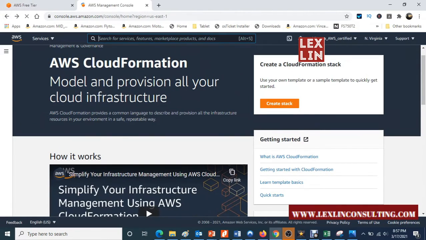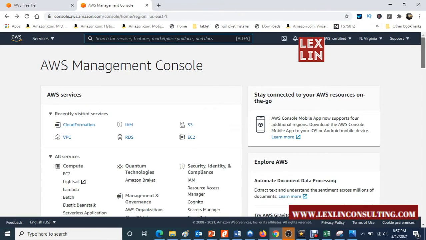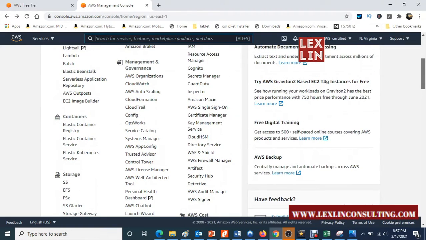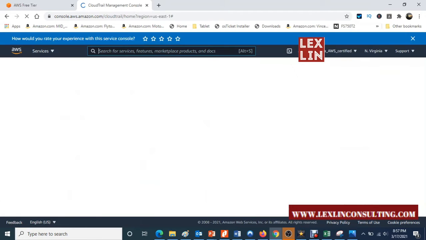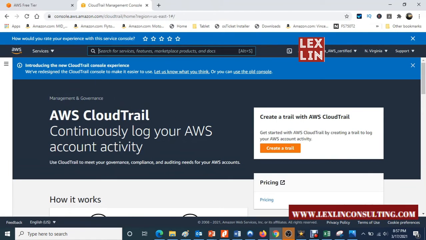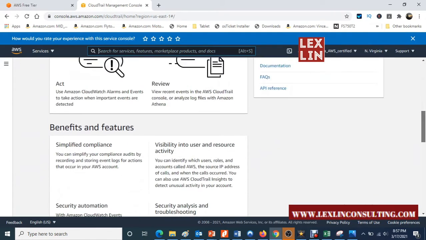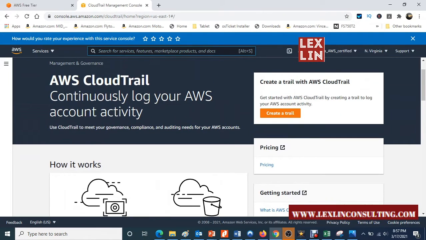If you want to do audits, you can use CloudTrail to look at logs to see what's happening inside your cloud on your servers. You get notified inside CloudTrail. You have to create it, of course. I'm not creating it because I'm not using it.